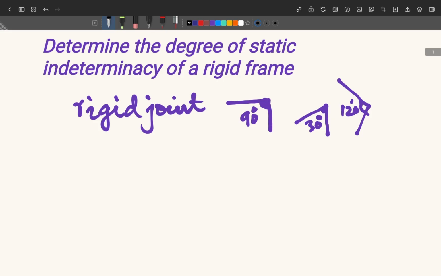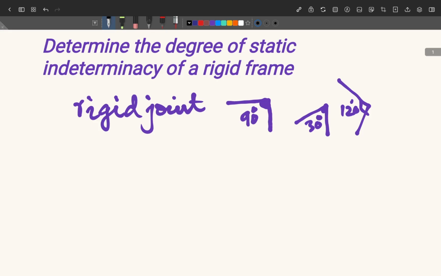Now the next thing is the indeterminacy. In the case of indeterminacy, we have to learn whether we are able to find all its unknowns. Now what are the unknowns? The unknowns in a structure are the external unknowns, which are coming from the support reactions, and the internal unknowns, which are the forces in the members or the moments. So we will talk about these things in detail and with the help of some examples also